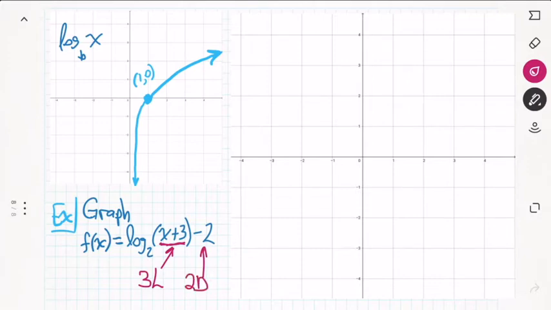And remember, in the exponential descriptions, we talked about imaginary axes. So we're going to go 3 left, so that would be over here. We'll have a vertical imaginary axis, and it becomes an asymptote on one side of it. And then the 2 down would be